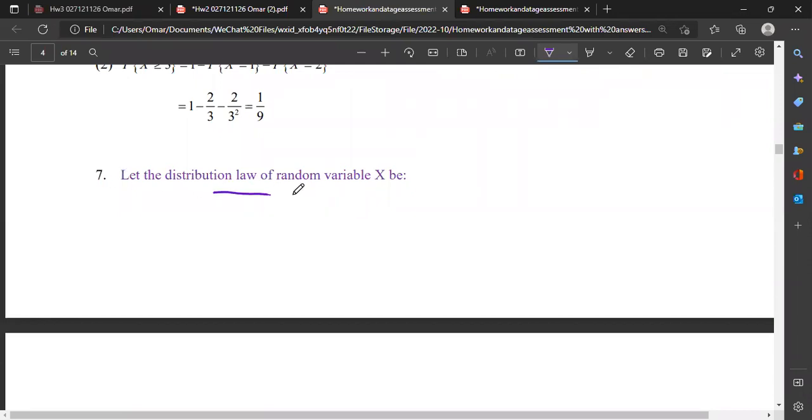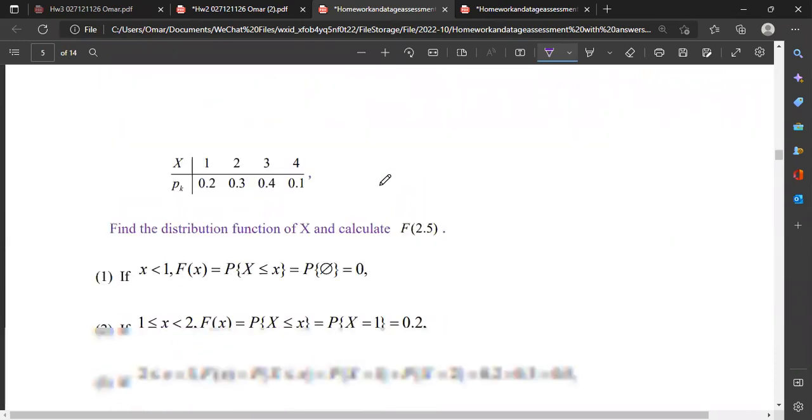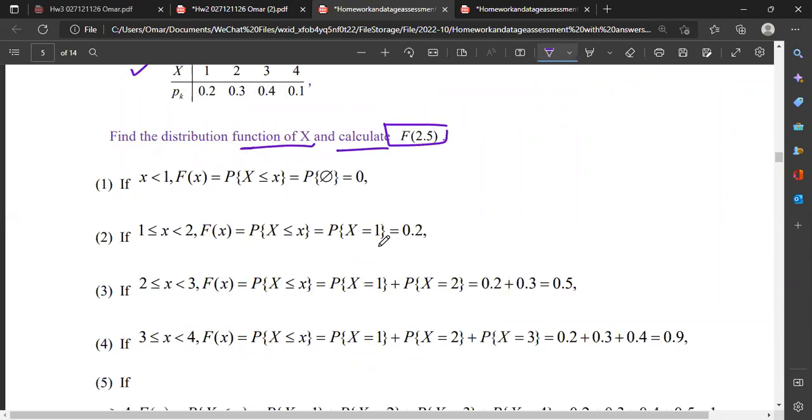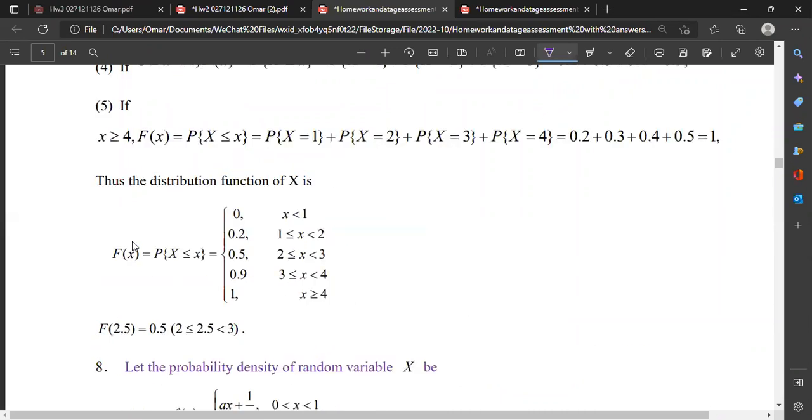Let the distribution law of the random variable x be, so here is our distribution law. You have to find the distribution function of x and calculate F of 2.5. So this is the distribution function here, okay? F of x. And here the x, so capital X and small x. So capital X is the,